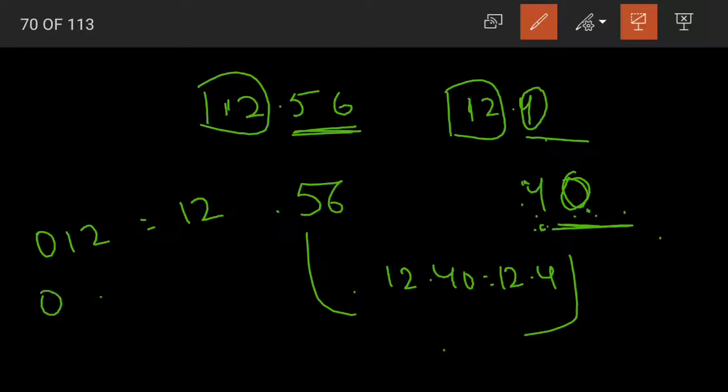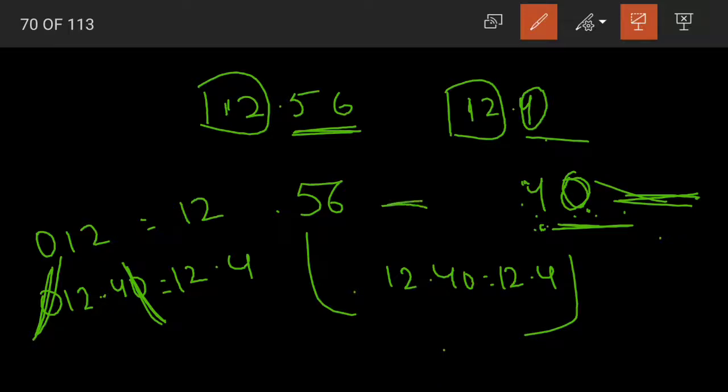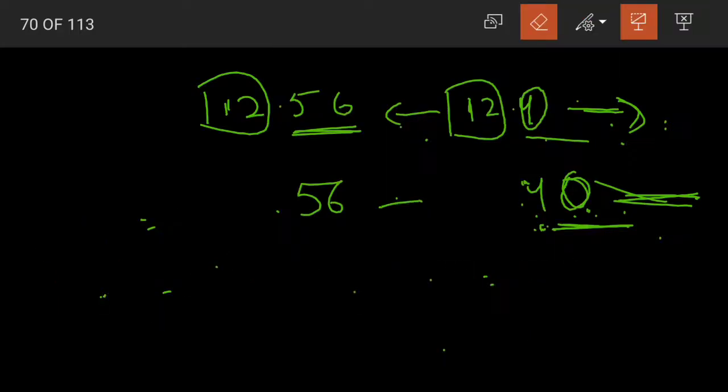Yes or no? In the same way, if I write 012.40, we can cut off these zeros at the starting and the end and write it as 12.4. Understood? Any extra zeros at this end or this end, that means to the right for the decimal part and to the left for the whole number part, no matter how many zeros we add, the value will not change. 12.40 is also equal to 12.4.